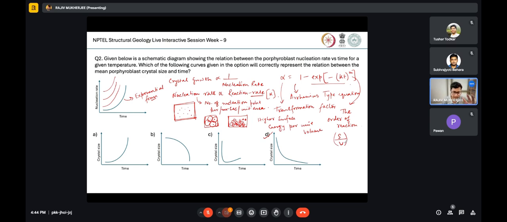For a given amount of volume, if you increase the number of grains, that means you're decreasing the size. So if you calculate the effective surface area of each crystal cumulatively, it will increase compared to larger size grains. So that is the main concept behind crystal growth,